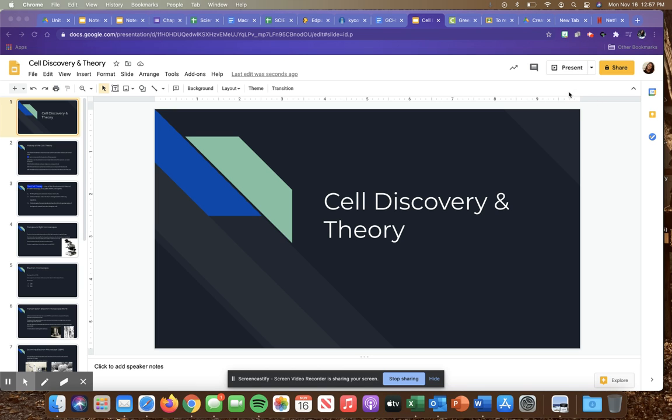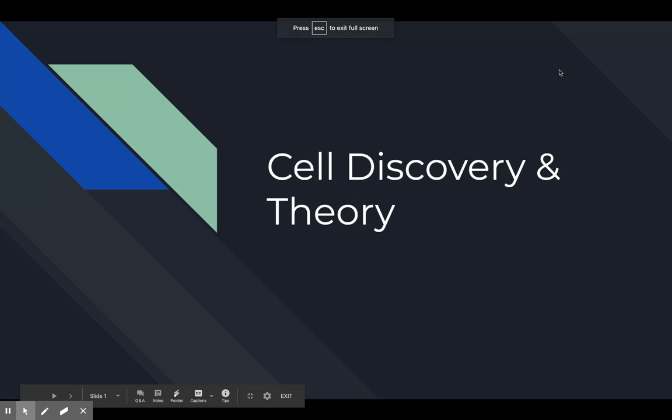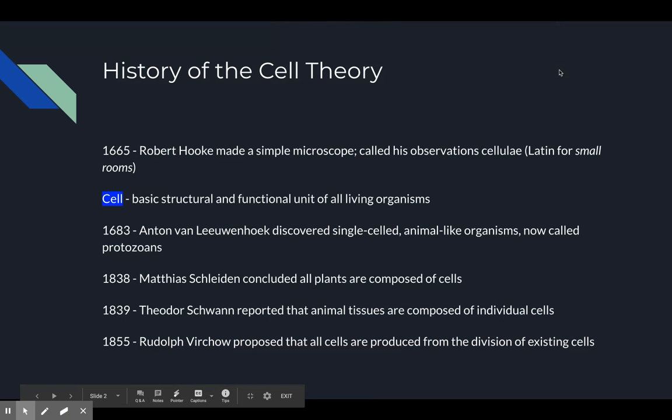Okay, guys, so this is section 7.1. It's cell discovery and theory. So, the history of the cell theory, there's a lot of dates here and a lot of people. Really, the two that you really need to know are Robert Hooke and Leeuwenhoek. So, Robert Hooke made a simple microscope and he called his observations cellulae, which is the Latin term for